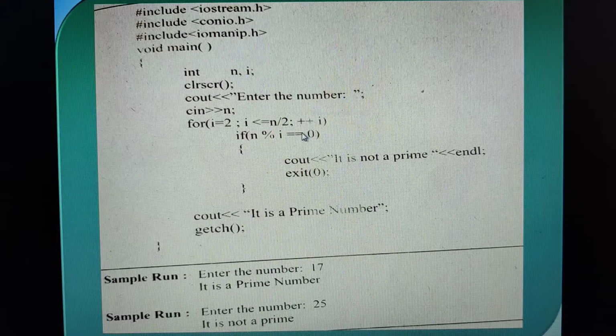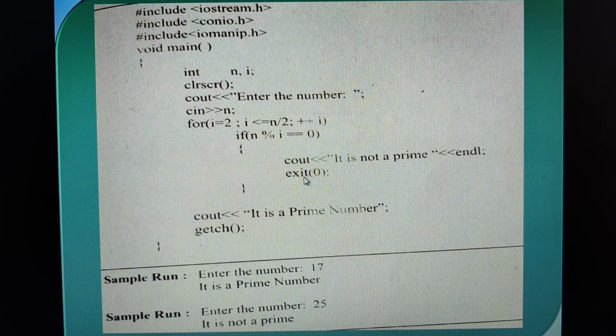Yes. If so, on satisfying this, the control enters the block where it prints that it is not a prime number. After printing that it is not a prime number, the control goes to the next statement, which is exit of 0.